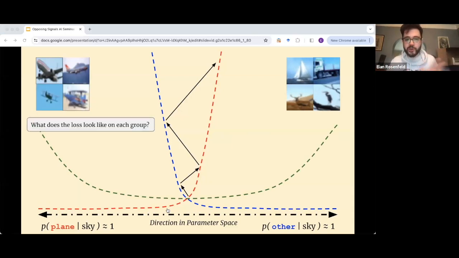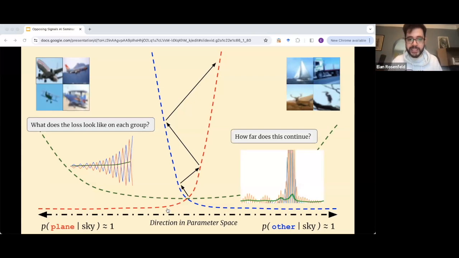So what does the loss look like as you take these iterates back and forth that are sort of diverging out of the valley? Here's the blue loss, and here's the red loss, and here's the average of the two, which is the green loss. I produced these literally by taking the average of two logistic functions and then taking a geometric sequence that was oscillating back and forth. But it's obviously surprisingly close to what we see in practice.